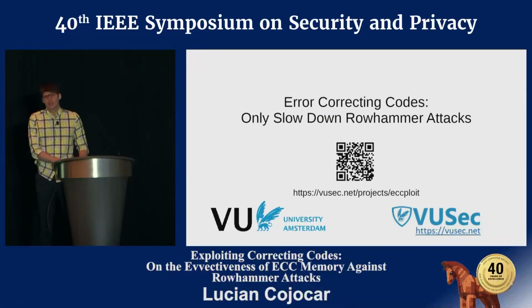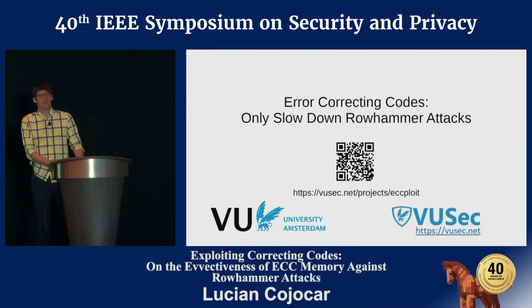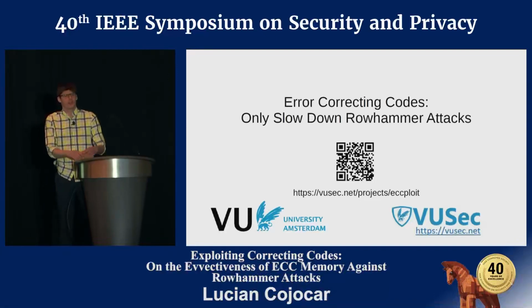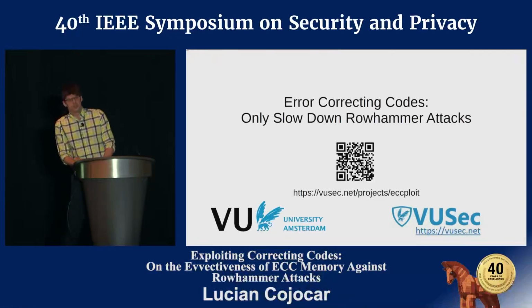I don't have any data on this. I'm not sure how easy it would be to differentiate between normal anomaly and not. But one thing is for sure, the ECC was designed for random bit flips. So probably if we look at the distribution of bit flips, the normal ones are distributed throughout the memory, whereas the ones that you use in the attack are very much focused on one area or one bank and something like that. So I guess there could be a way to piggyback on these ECC errors, but